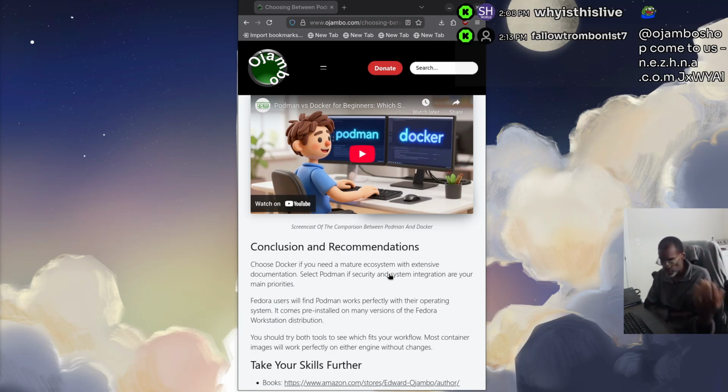Fedora users, that's me, will find Podman works perfectly with the operating system. It comes pre-installed on many versions of Fedora workstation distribution. You should try both to see what fits your workflow. Most container images work perfectly in either engine without changes. That's also 100% true. So, I hope that explains why I use Podman instead of Docker, because I said I